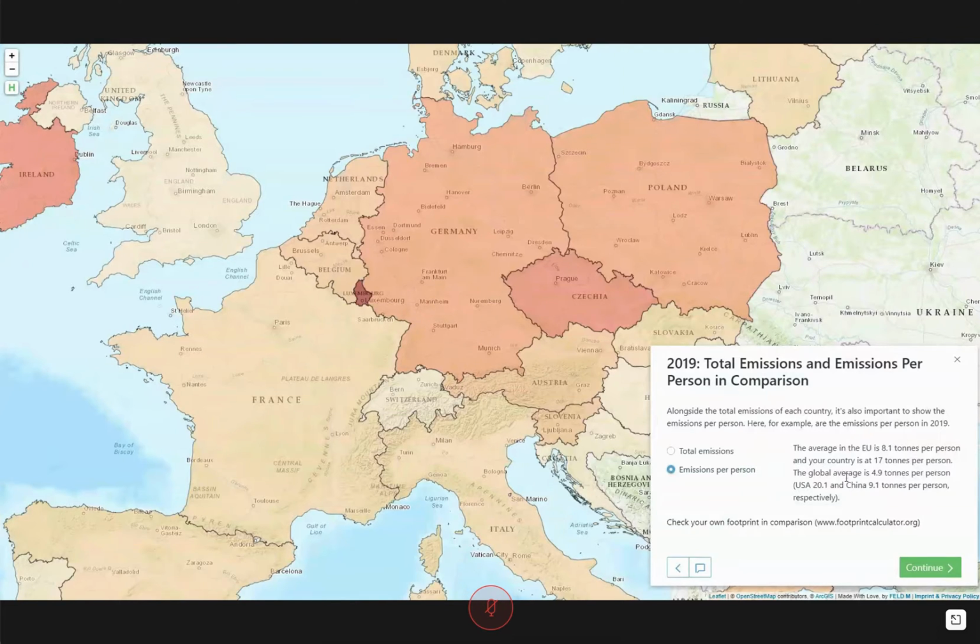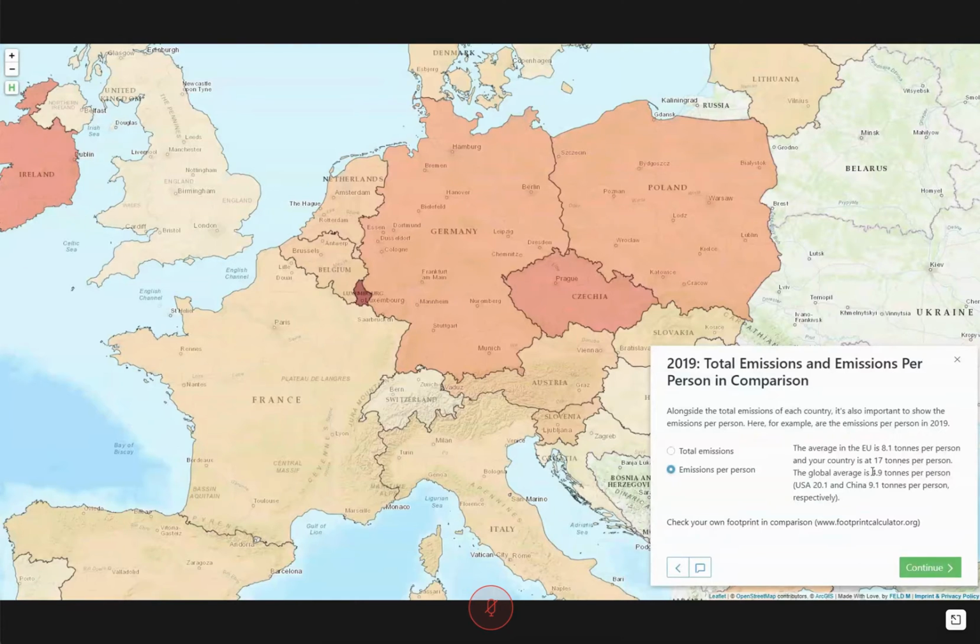Okay, and this information box on the right shows us the average in the European Union, which is 8.1 tons per person in 2019. Our country, here Luxembourg, has a per capita emission of 17 tons. So Luxembourg is way above the European average.